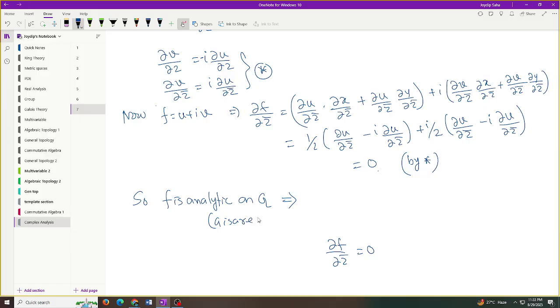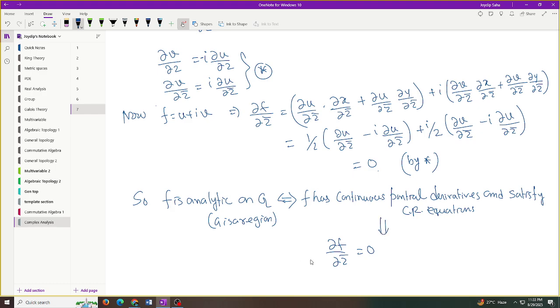G is the region if and only if f has continuous partial derivatives and satisfy CR equation. This implies this. Now question